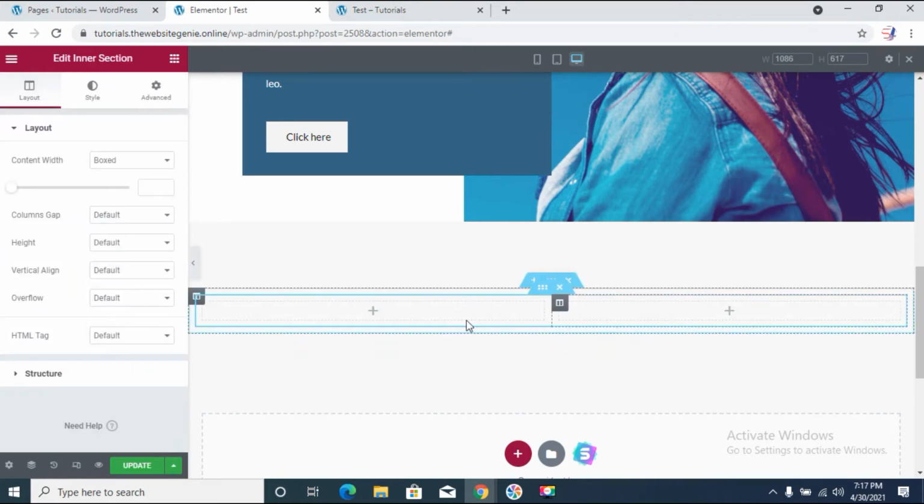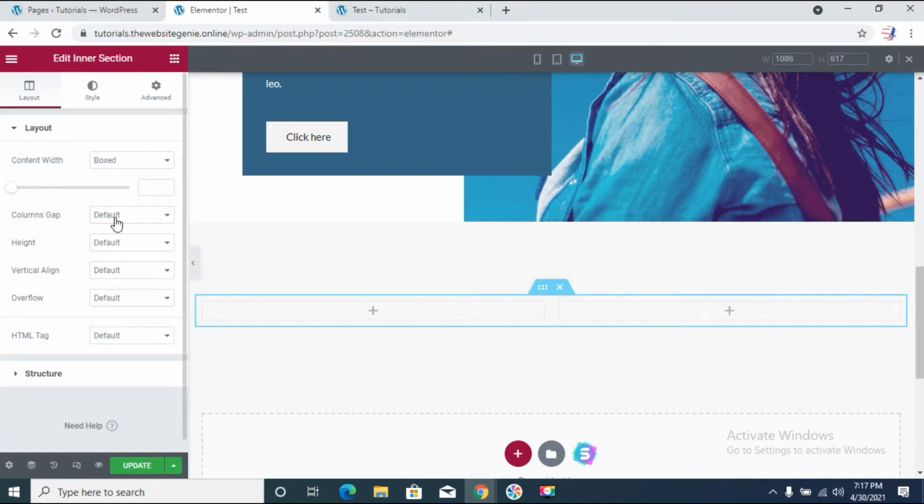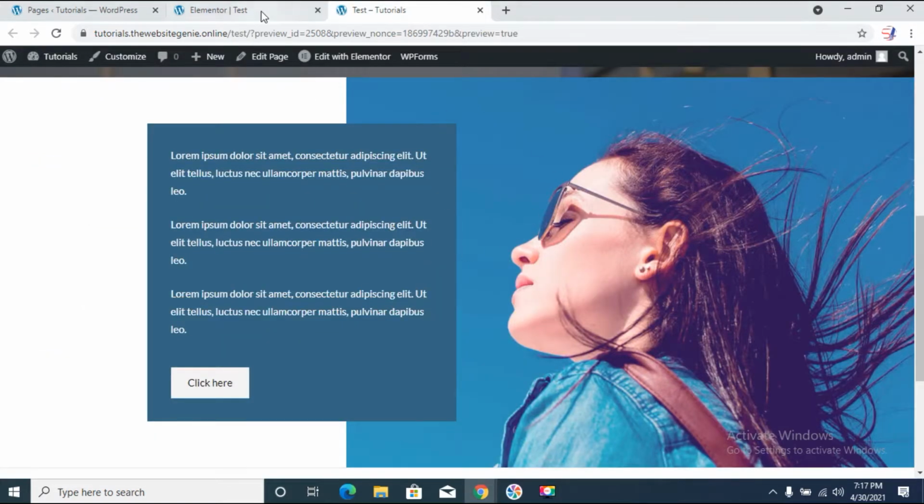That would give us two columns, and we'll also set the columns gap in the inner section to no gap, because we do not need any gap for this effect.